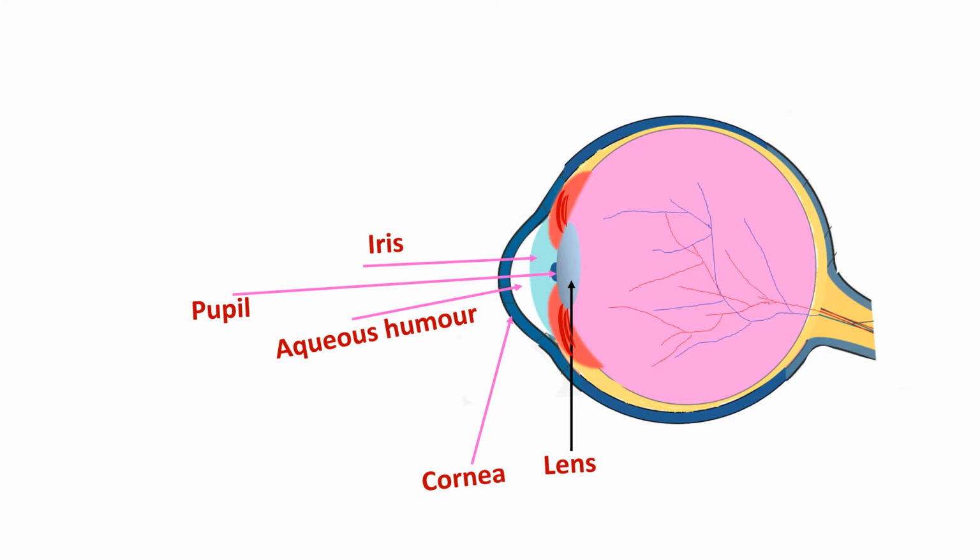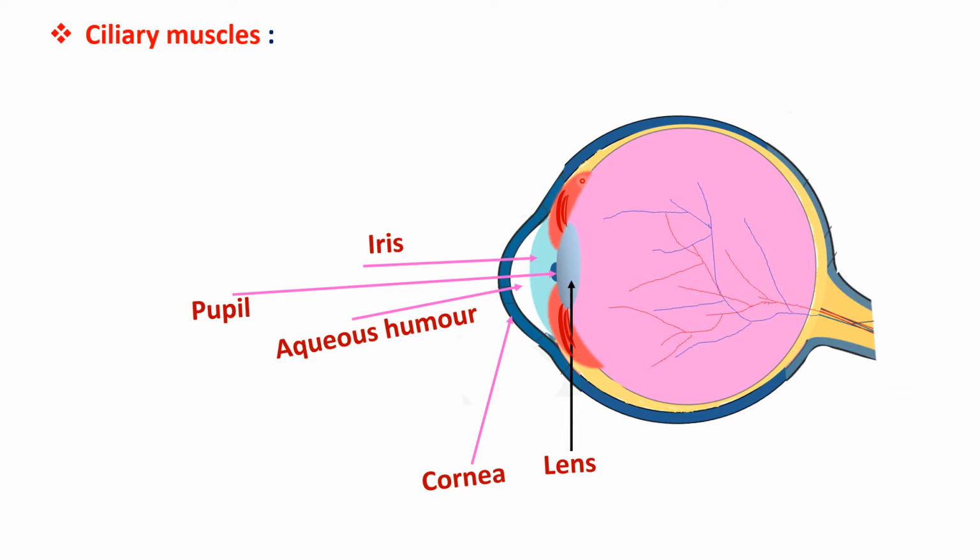And the next part is ciliary muscles. I already told you the ciliary muscles play an important role in modifying the shape of the eye lens. The ciliary muscles are capable of modifying the curvature of the lens, isn't it? These two are the ciliary muscles, and these two marked curves here are the suspensory ligaments to which the ciliary muscles are suspended.